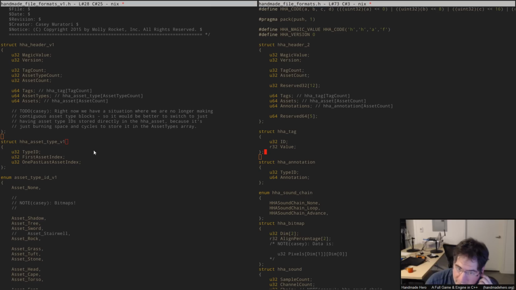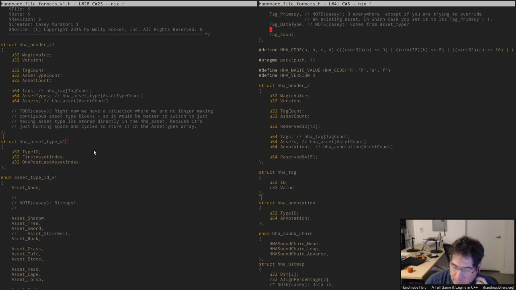So, you know, we're left with just this is what we're looking at. Yeah, I mean, that's basically it. So then when you've got these two different file formats defined, like I do currently, what I can do is I can go now